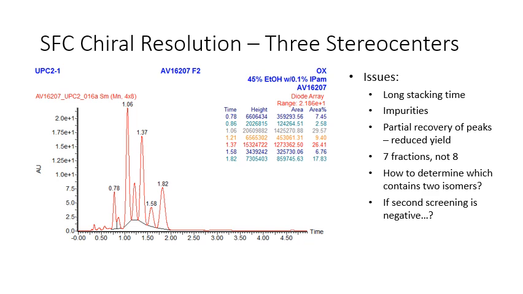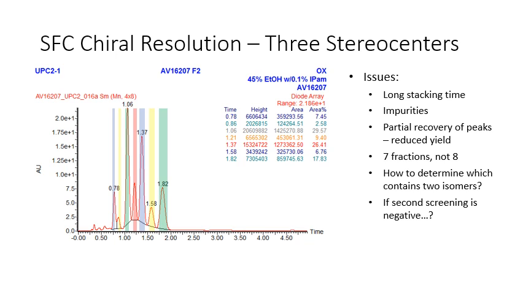Here's a chiral screening chromatogram from an attempt to separate all 8 isomers from a molecule that has 3 stereocenters. In fact, we can get individual bands out of about 7 of them, but when we take this to prep, we're going to end up with a long stacking time, some problematic small impurities here and possibly in the middle of the chromatogram someplace, partial recovery of the peaks because we've got incomplete resolution, and worst of all, 7 fractions, not 8. One of those fractions must contain 2 isomers, not necessarily enantiomeric of each other. If screening of those 7 samples that we've produced